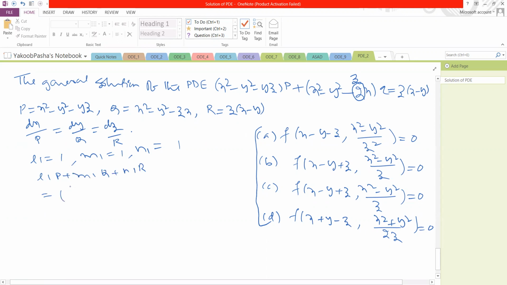Let's check. x square minus y square minus yz. Next, the second term, x square minus y square minus zx, and the third term, zx minus yz. Okay, here minus yz